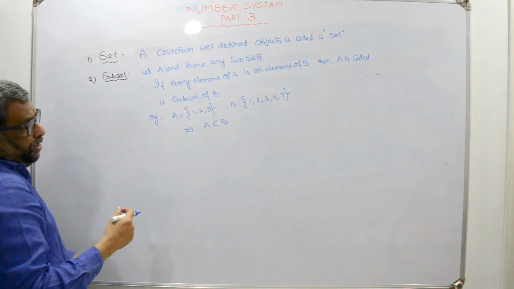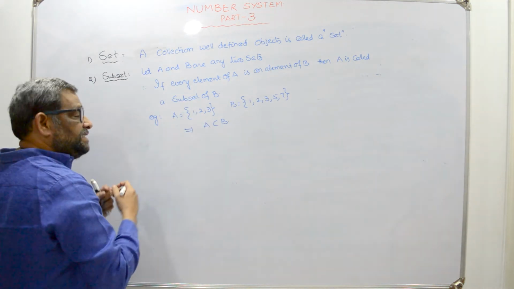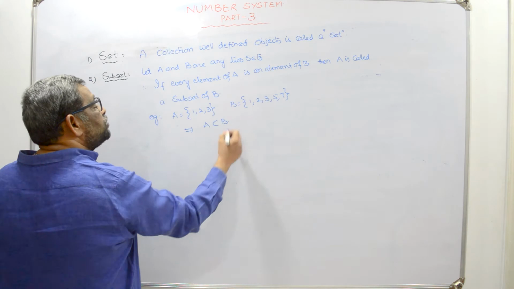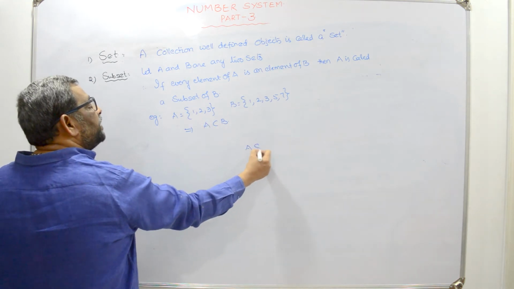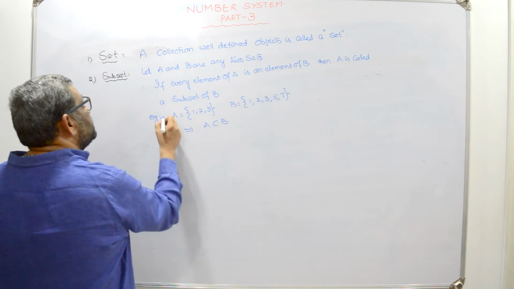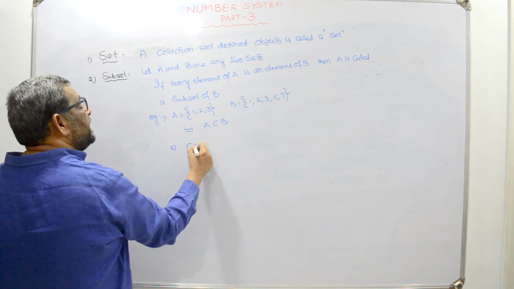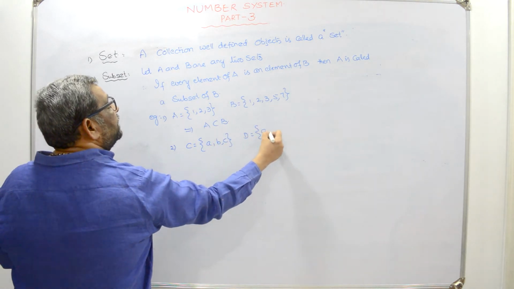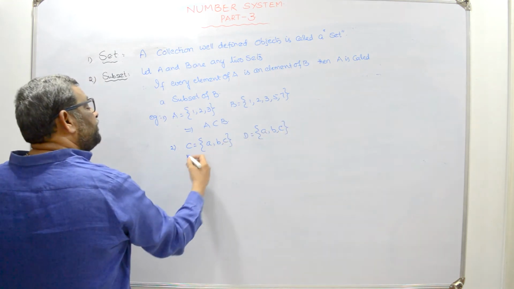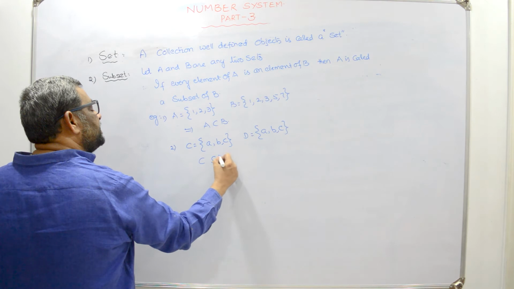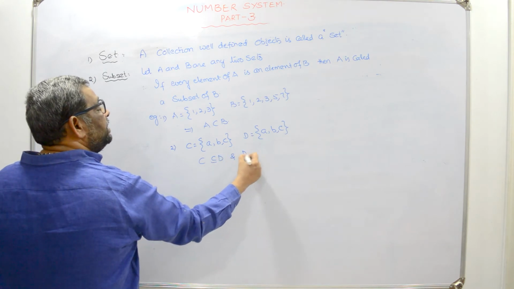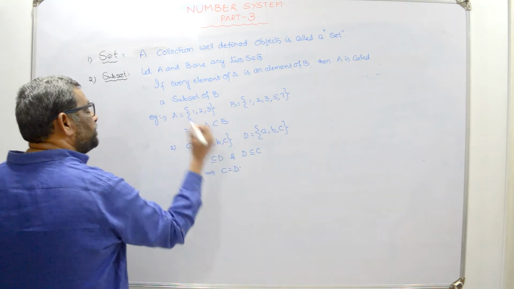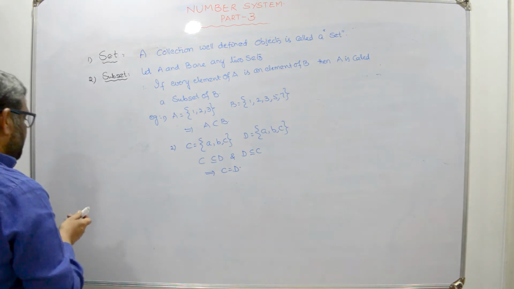If the numbers are not known, and if nothing is known to us, and simply in the problem it is given that A is a subset of B, in that context we will also put A subset B. It can also be equal. For example, if C is equal to A, B, C and D is equal to A, B, C, every element of C is an element of D, so you can write C is a subset of D. Of course, and D is a subset of C also. In this context, you can write C is equal to D. So this is about the subset.